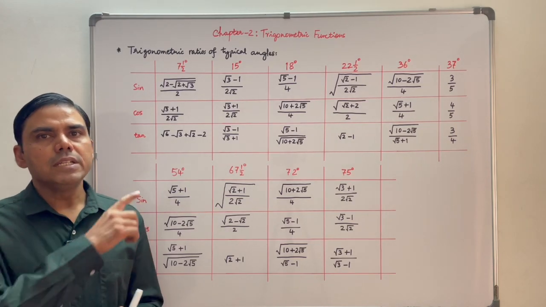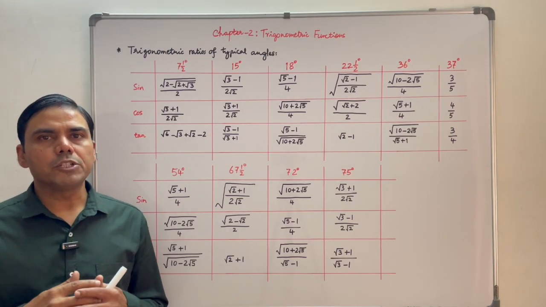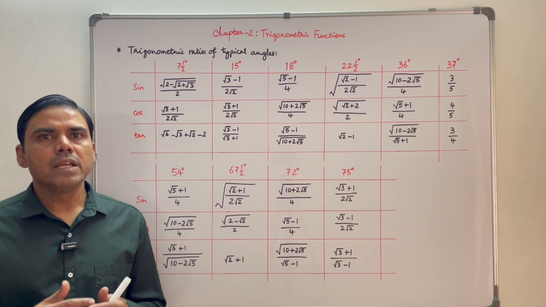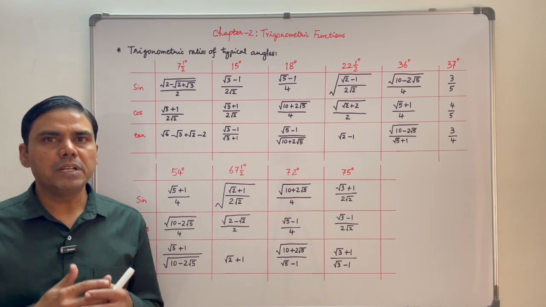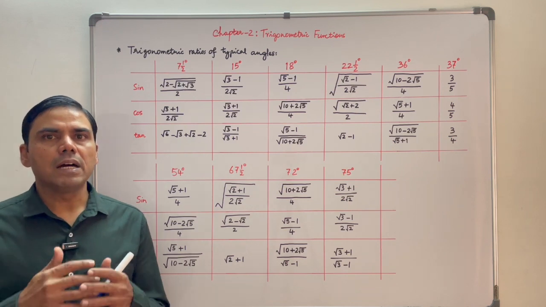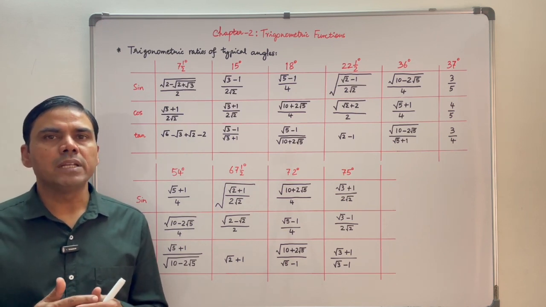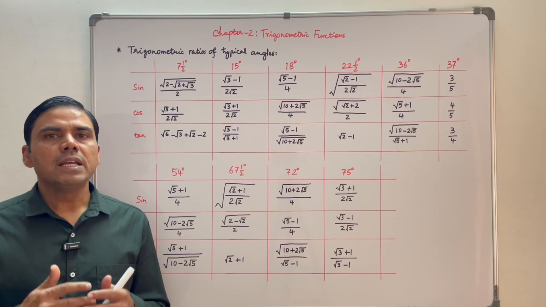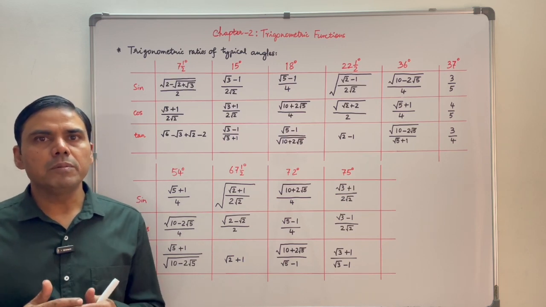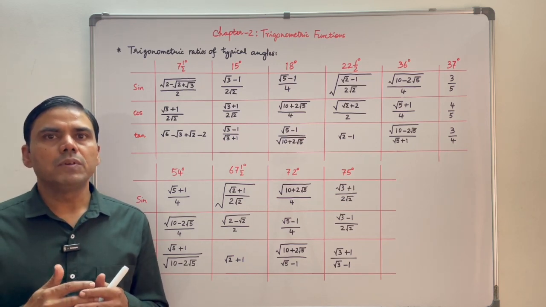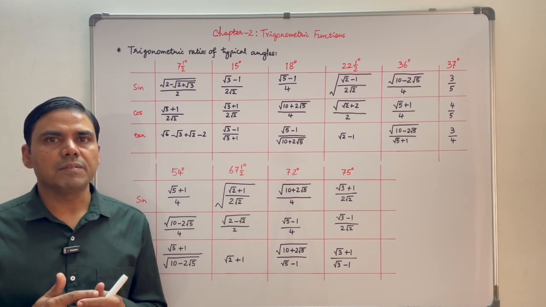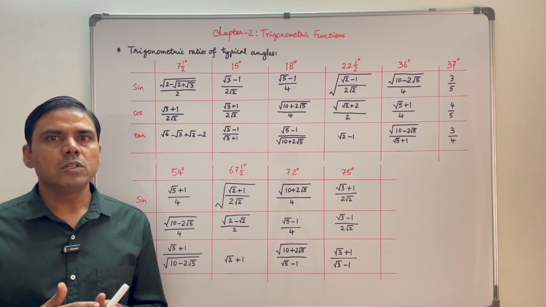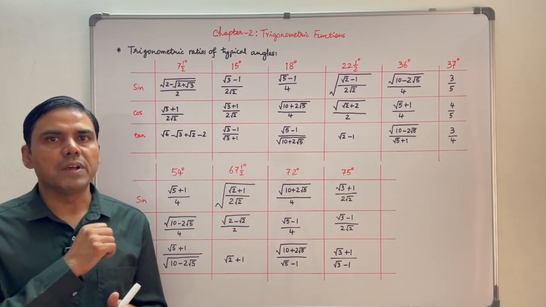Hello children, these two tables show the trigonometric ratios of some typical angles. If you could memorize these values, they will help you solve some typical questions in exams. Otherwise, time will be consumed in deriving these formulas. In some cases, you will not be able to even derive the formula. For example, 18 degree, multiples of 18 degree and 37 degree. So it makes sense to take time to memorize these values.